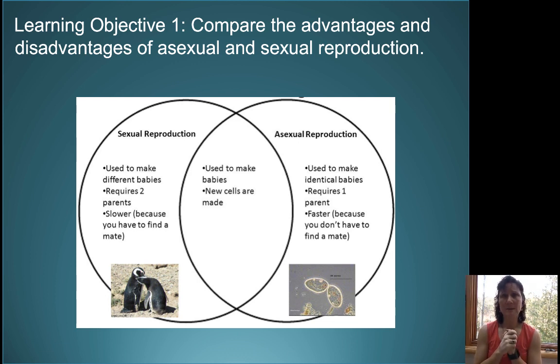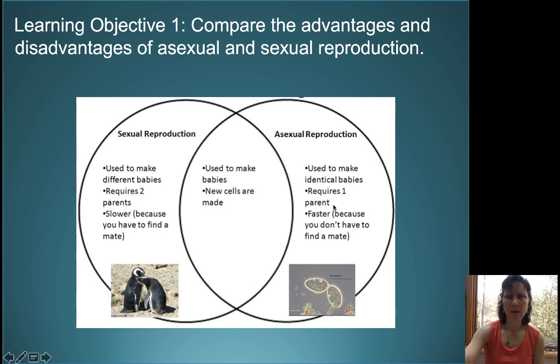So the first learning objective is to compare the advantages and disadvantages of asexual and sexual reproduction. Clearly, reproduction is what we do to make new babies and to make new cells frequently as well. Here we present this dichotomy of sexual versus asexual reproduction. Sexual reproduction is used to make different babies, and by that we mean they are different from ourselves genetically. It requires 2 parents by definition, and it's slower because it requires you to find a mate to produce those